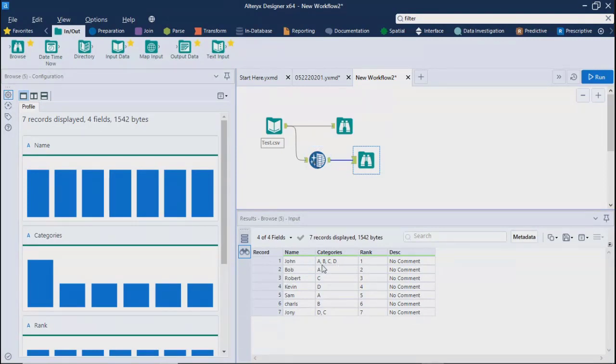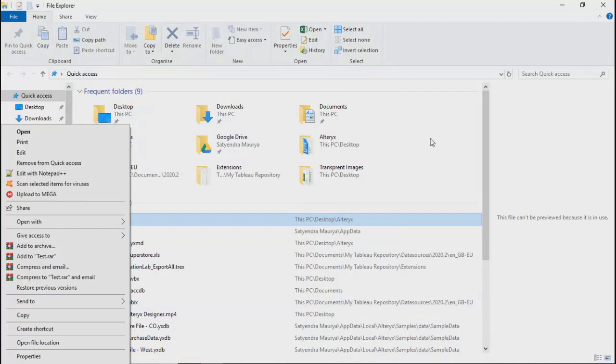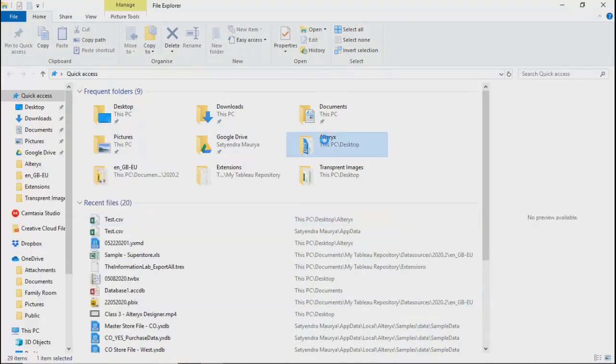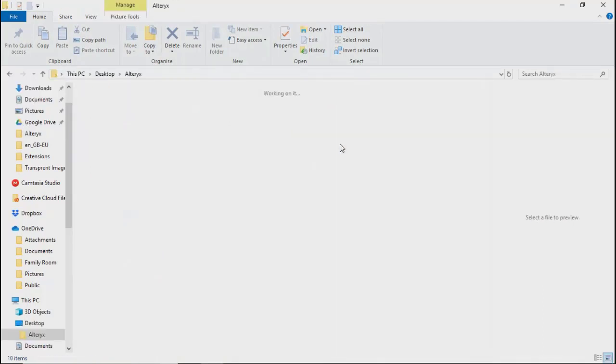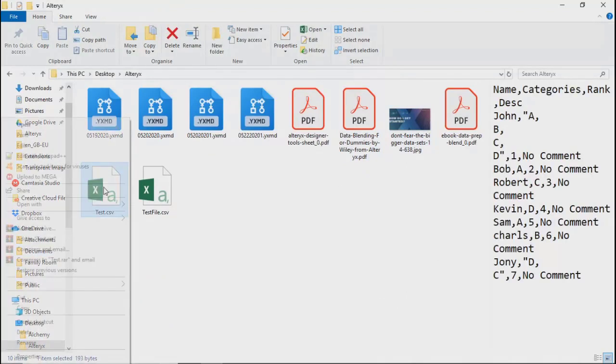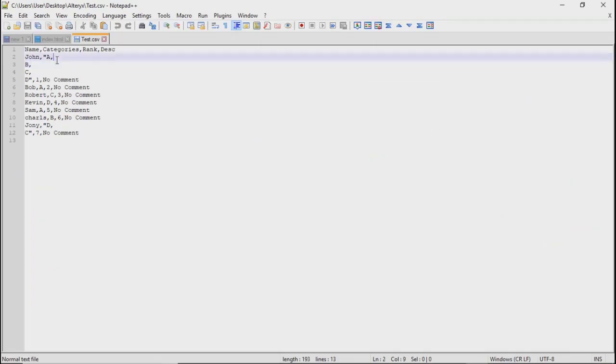Can we try now? Like we remove commas after A, comma B, comma C. We remove them, then we try the same thing, selecting line break. Maybe we can see 4 times John. That is the final expectation from this tool. No, 4 times John, I don't think that should come, but let's see what you are saying. We can try that definitely. So over here, what you want, I should remove comma, correct? Yes.